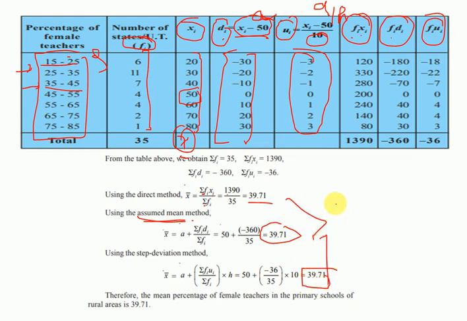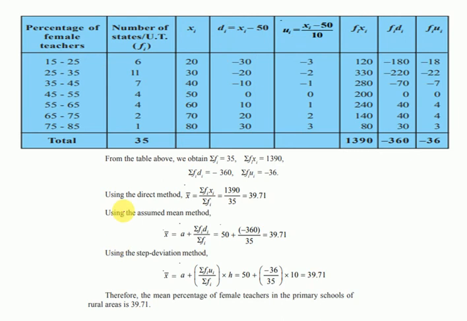You can see all the values are the same because we have found the mean for all, but the methods are different only. Now you can see that you can use any of the methods for solving the question. It is not like you cannot use that. Now you can see which one is the easiest one, the direct method.